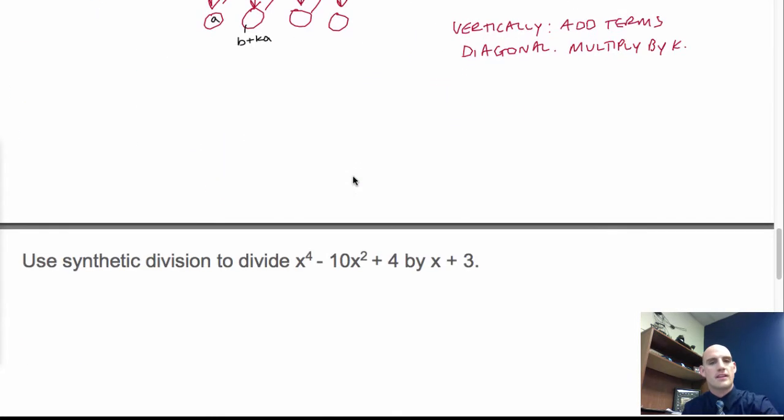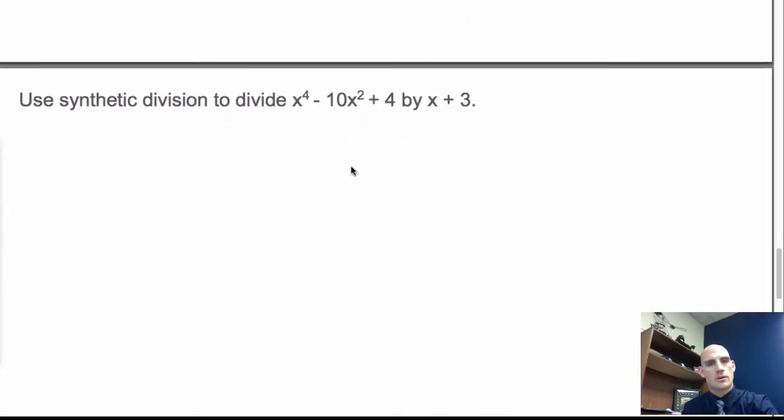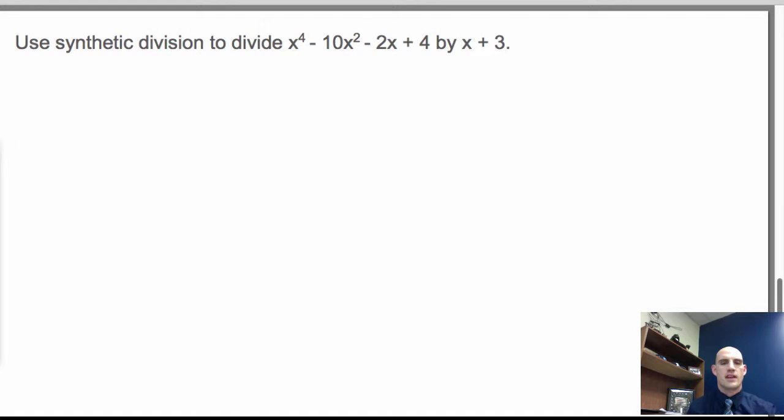Let's look at an example. I think that's the easiest way to see how it works. So let's look at an example of synthetic division here. I've got x to the fourth minus 10x squared minus 2x plus 4, and I'm going to be dividing by x plus 3. So let's just get this set up. When I set up my box here, I'm going to put inside of it my coefficients. Well, notice I've got an x to the fourth term here, and so that's what I'm going to start with. So my coefficient out front of that one is a 1, and now I notice my next one is a